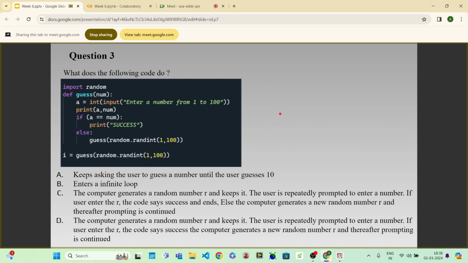So option C. Yes, because what it is doing, the computer generates a random number R and keeps it. So this random int will give some random number, and that number we don't know. And then it will call the guess function, and we will input some number, and then with this if condition